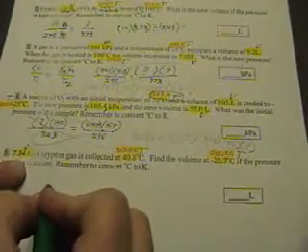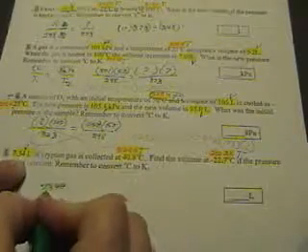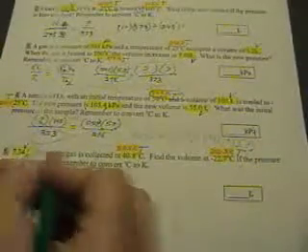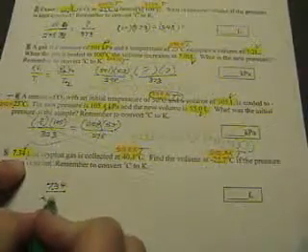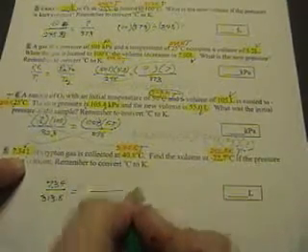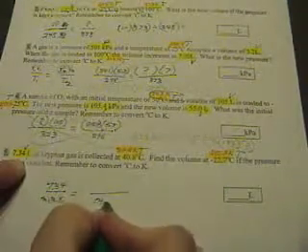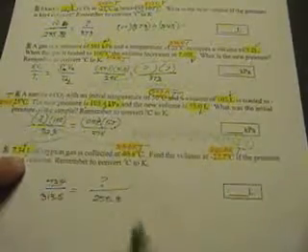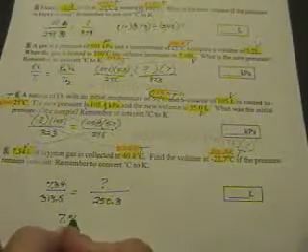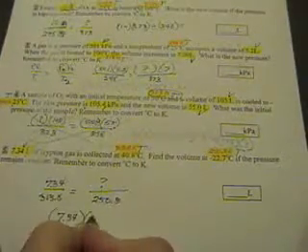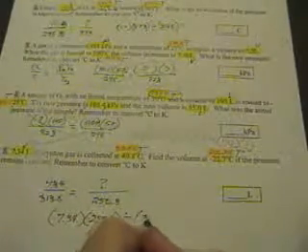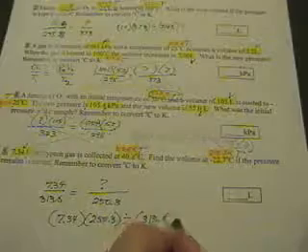So I put 7.34 on top, and these two go together, so I put 313.8 on the bottom. This is a temperature, so I put that on the bottom. So that would be 7.34 times 250.3 divided by 313.8 equals